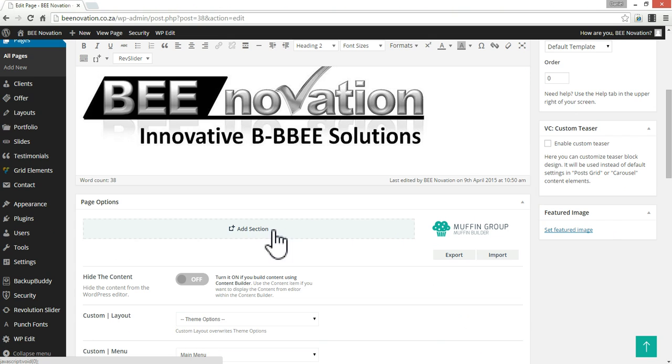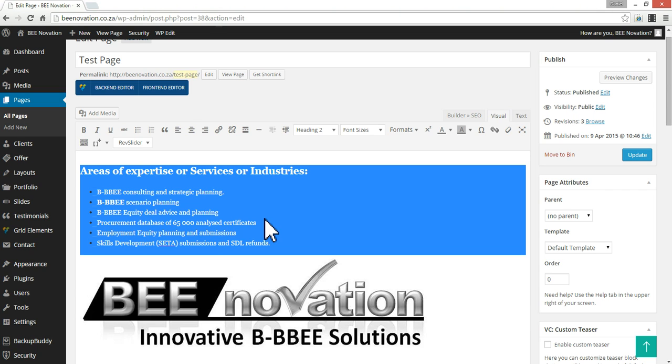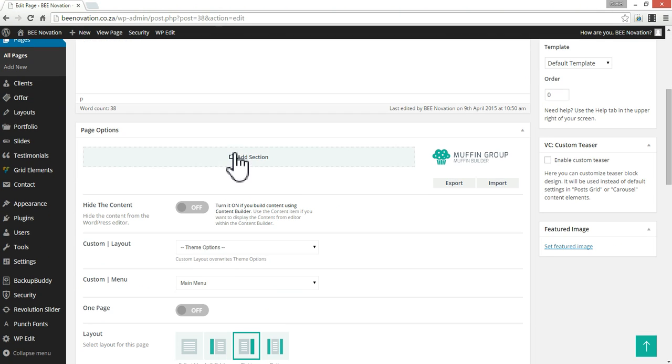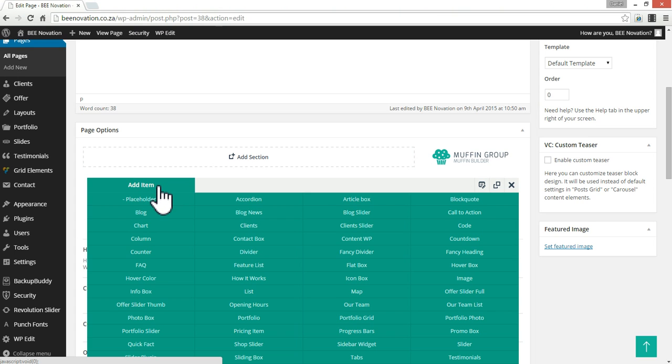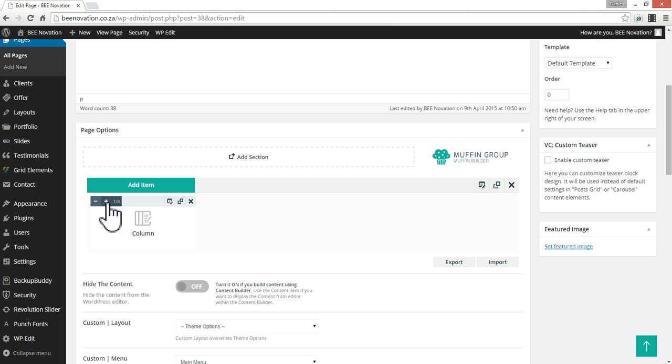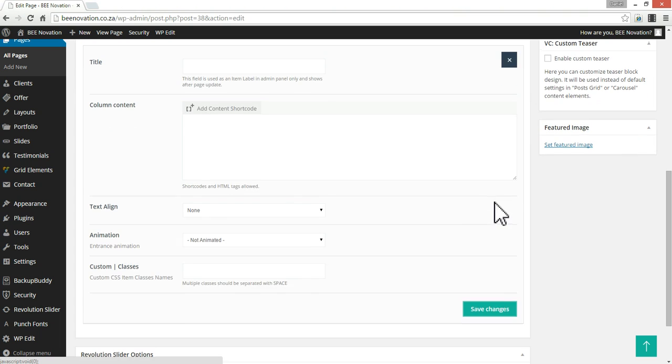There's the other way to do it, where it gives you more control over the page, the layout of the page, is in this section here, page options. So instead we're going to just remove all of this, and here we're going to say add section. So now I've got this bar here. I want to add an item, and I want to add a column. There's a column, and I want this column to be the full width of the page. So now it's full width, and to actually put some content inside the column, you click on that button there,